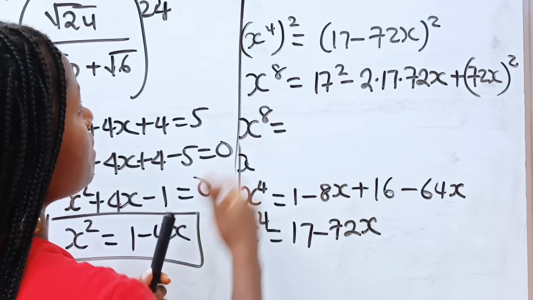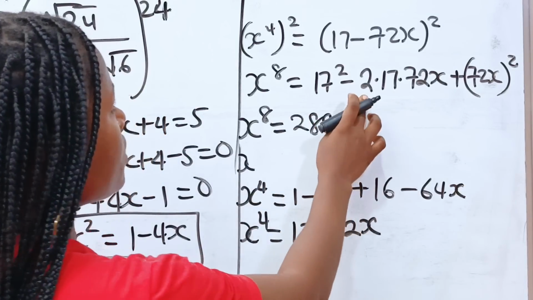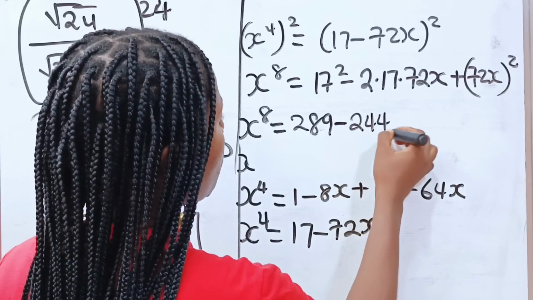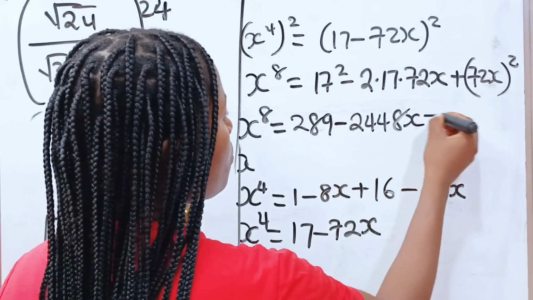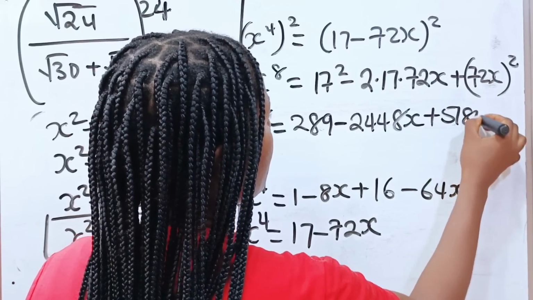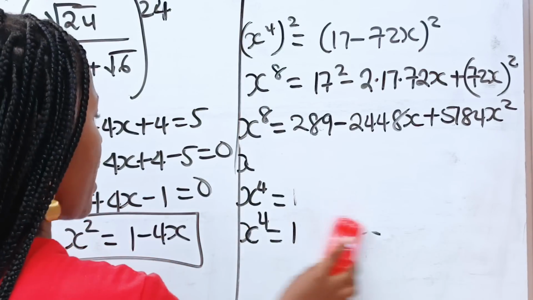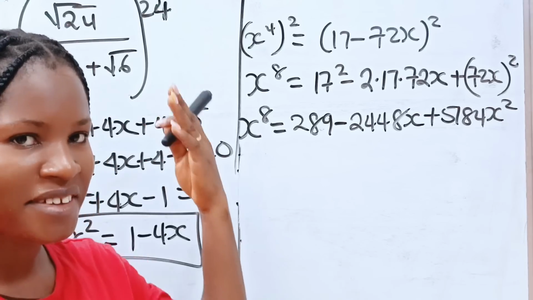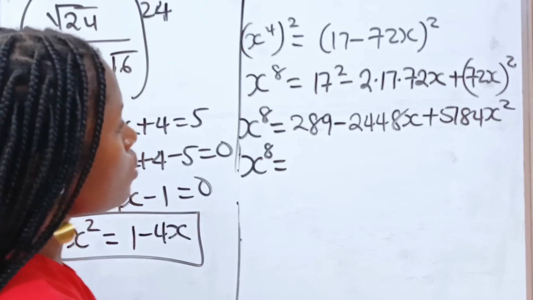Now 17 squared is 289 minus 2 times 17 times 72 will give us 2448, okay, x plus, now 72 squared will give us 5184, then we have x squared, right? Okay, so like I said, I already have it written out somewhere. It's not as if I have a magnetic brain. Yeah, okay. So we have x raised to the power of 8 is equal to,